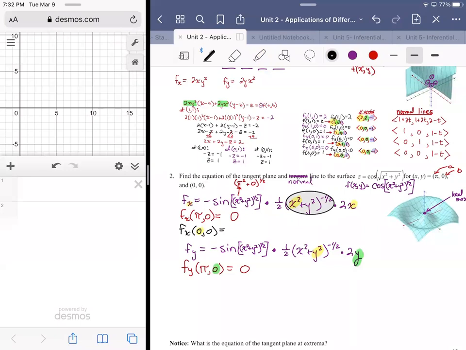Right, because I have x squared plus y squared to the negative 1/2 power. So if I'm replacing both x and y with 0, all this other stuff might 0 out. That's wonderful. But this part here is going to be undefined, right? Because I'm going to have 0 to a negative power. That's 1 over the square root of 0, right? So this one is going to be undefined,